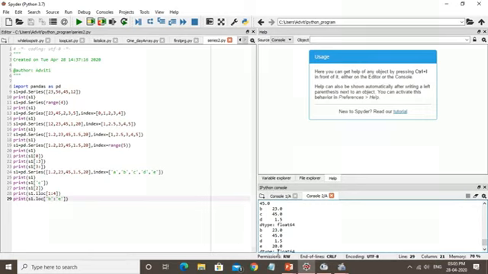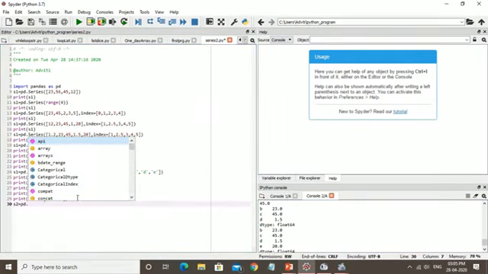Now how can we use a scalar value to create a data series? We can create a data series like this, let's say S2 equals pd dot Series function.